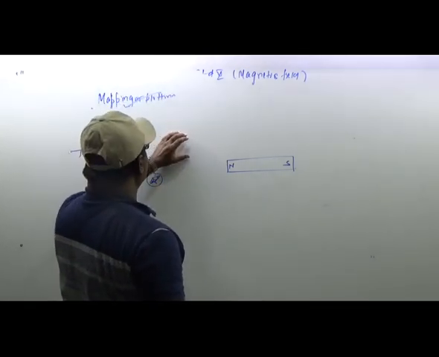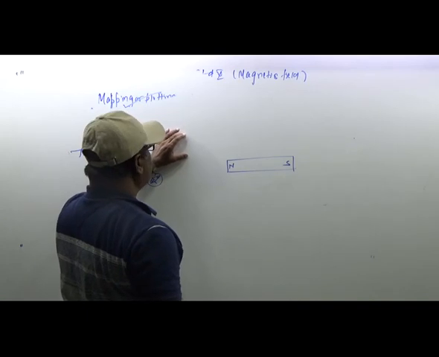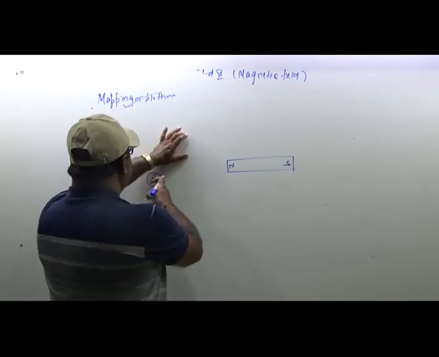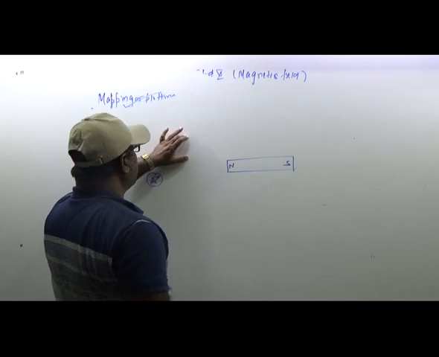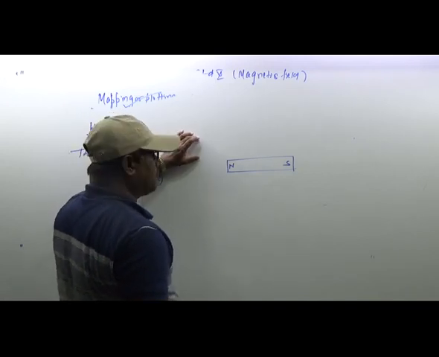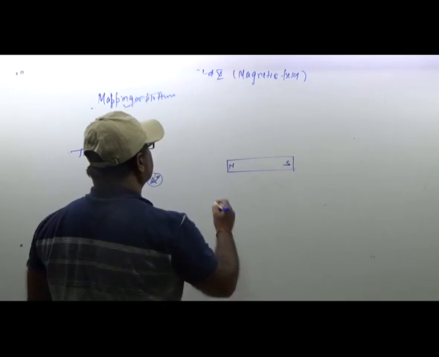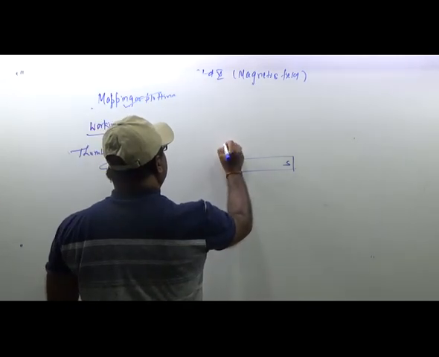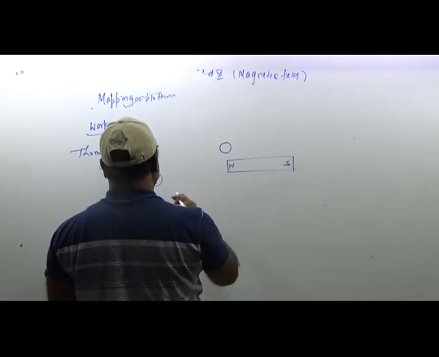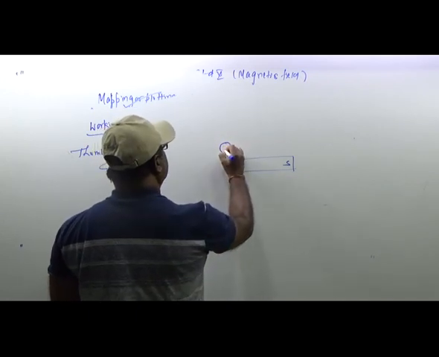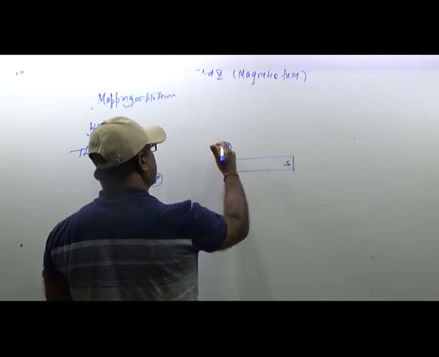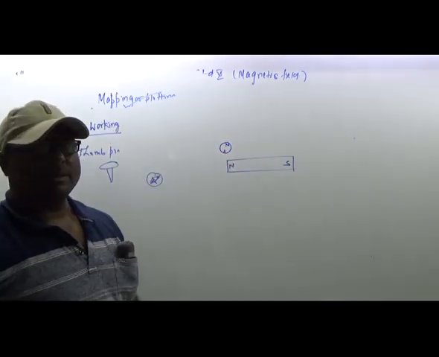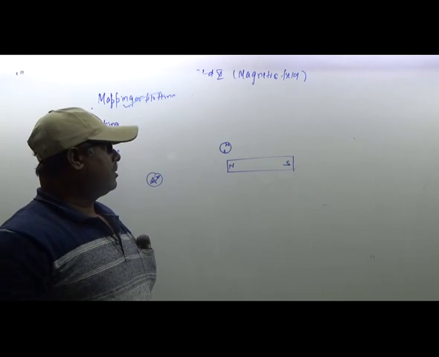Suppose I started bringing it from here. Alright, there is no effect in the needle of the magnetic compass. I brought it here, there is no effect. Suppose I brought it here. Here it is, here it is. What is this here? Here it is south, and here it is north, because the repulsion happens at the same pole.